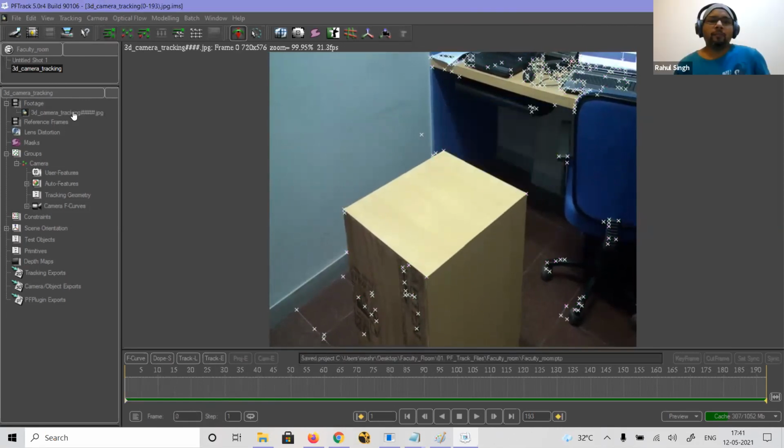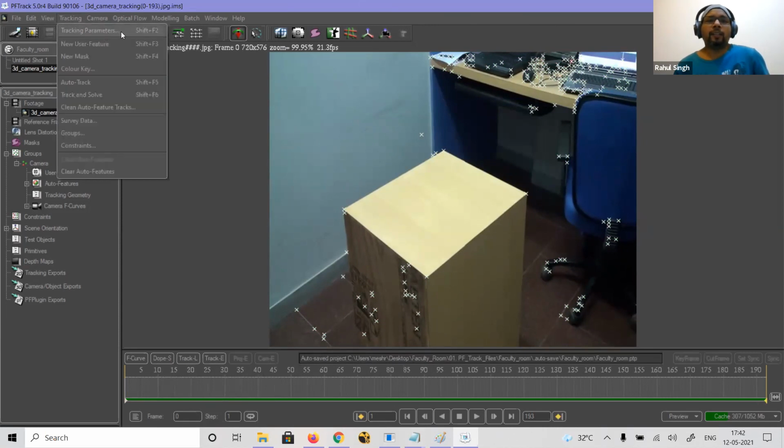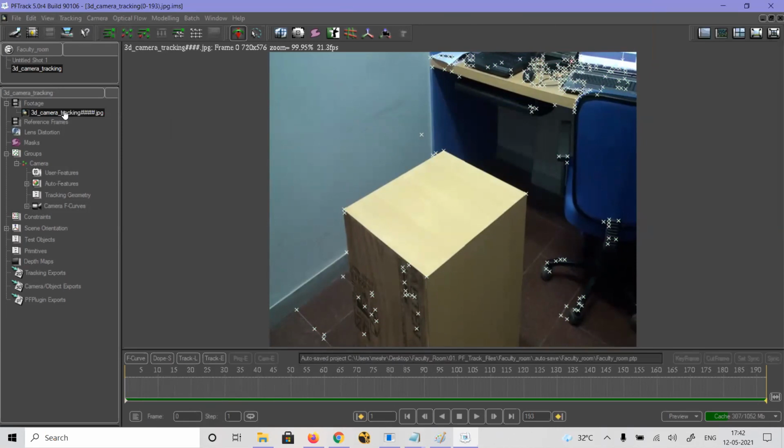See, you have to select the footage. If you do not select the footage, you may not get the tracking parameters. So you have to select this footage from here, inside the footage. Then in the tracking, you will get tracking parameters. Now is it showing? Yes, sir.